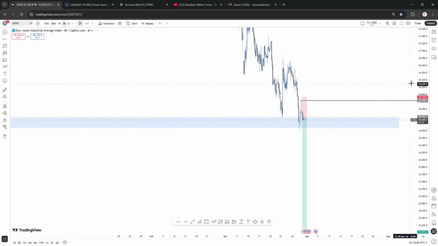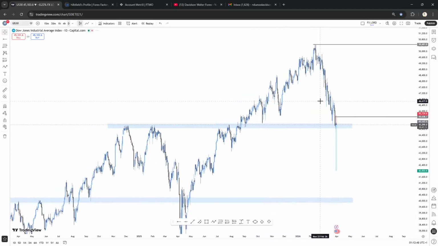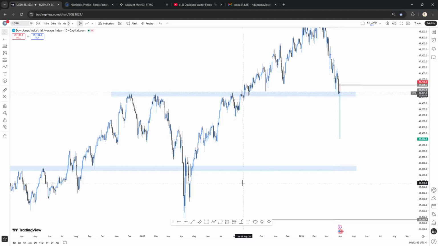If you go to the 1 hour time frame or to the daily, let's start with the 1 day. From the 1 day, you can see that this market has been crashing. I mean, all the stocks have been crashing. So this market is currently crashing, and my outlook is that it's going to fall from here to this level.